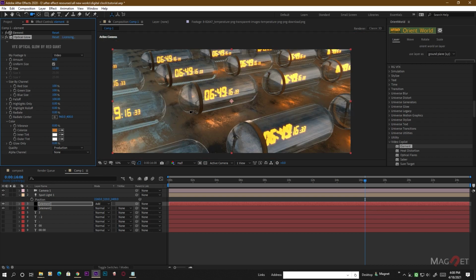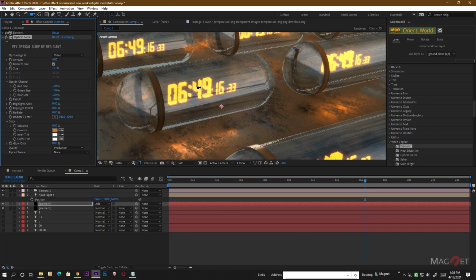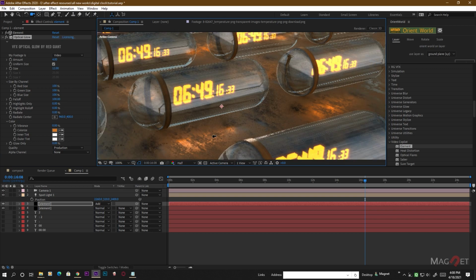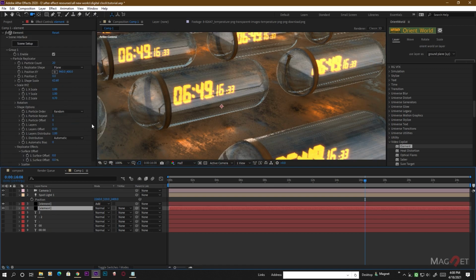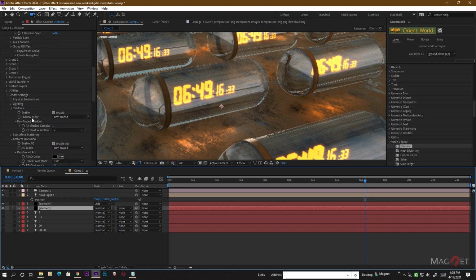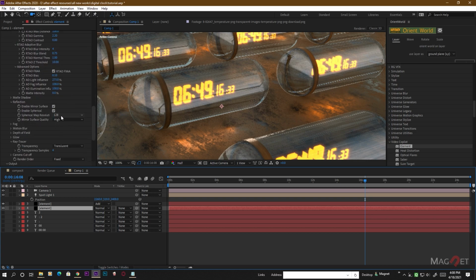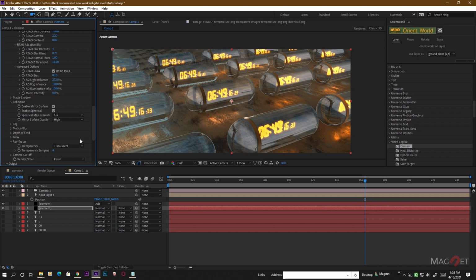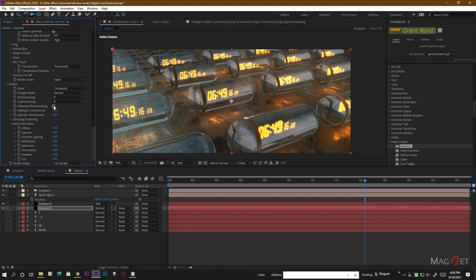That looks nice. So now if we go to the reflection tab and increase this to 512, you will see more nice results. And now if we enhance this multi-sampling as well,